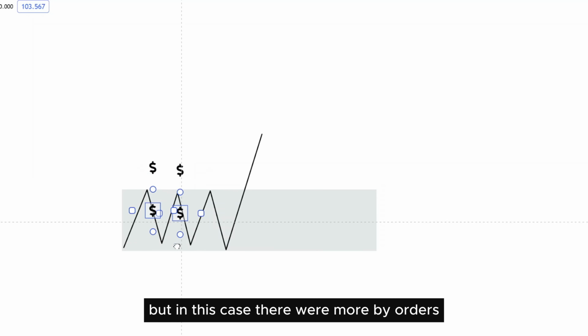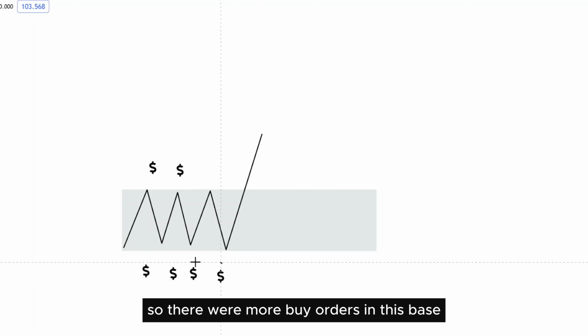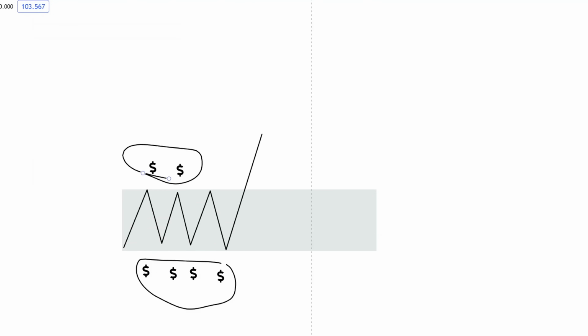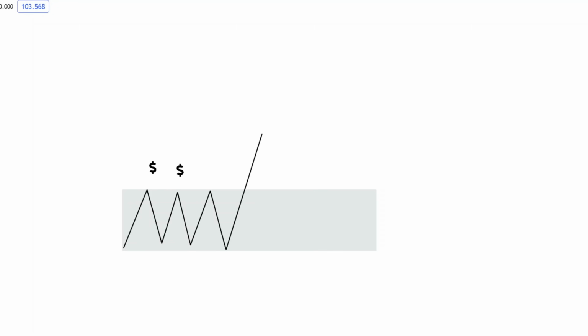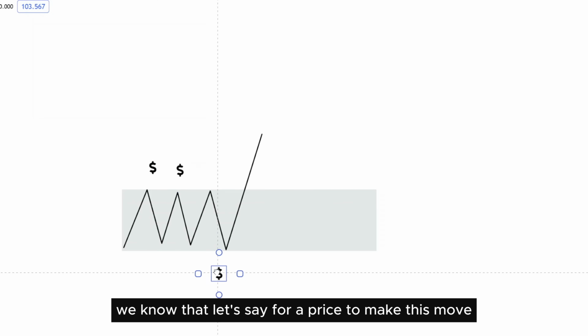But in this case, there were more buy orders. So there were more buy orders in this base than these sell orders. That's all you have to think about it. So now that we know that there were more buy orders, let's say, for price to make this move,